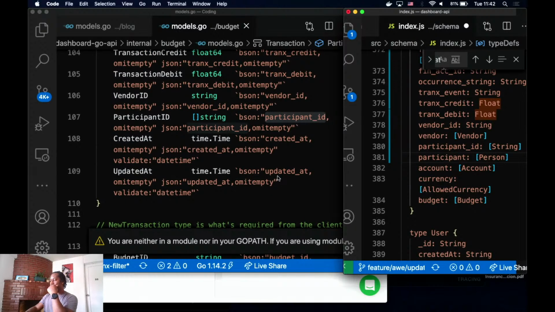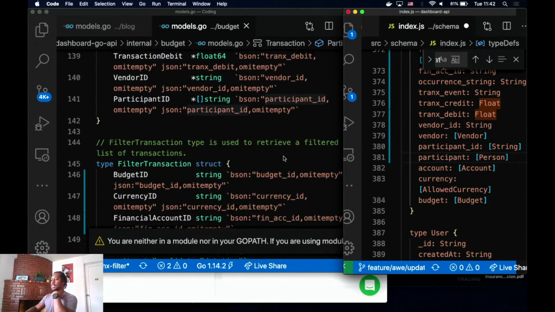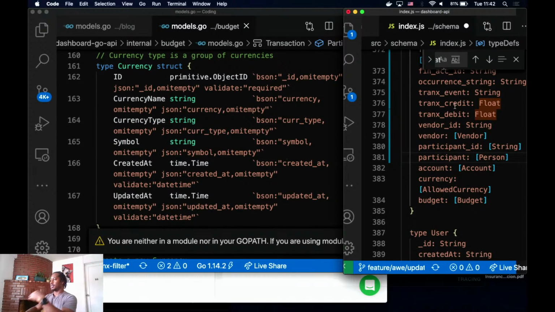Man, to merge and manage the two so that they both work is going to be an issue. I think this one is going to be the master, the main one, and then I'm going to have to refactor the Go version. All right, transactions, fill the transactions, currency.